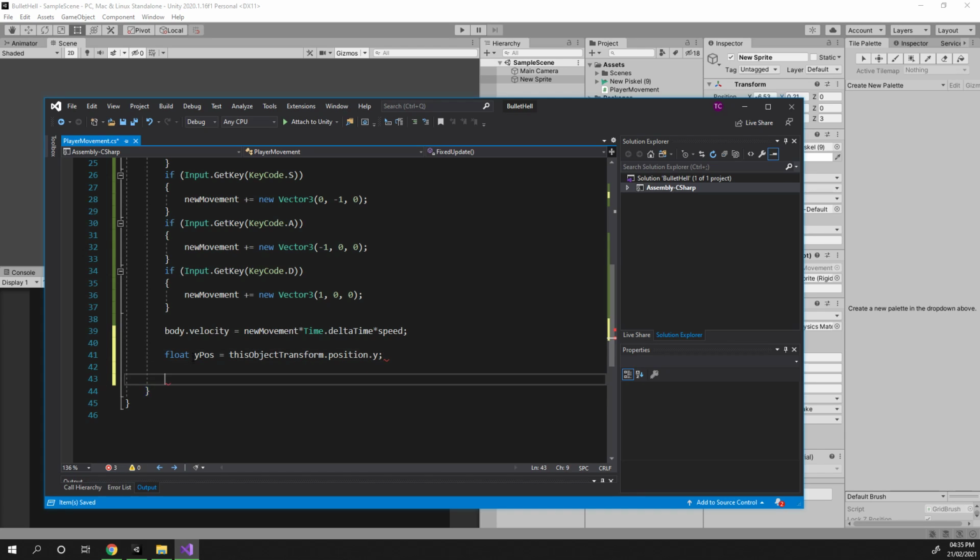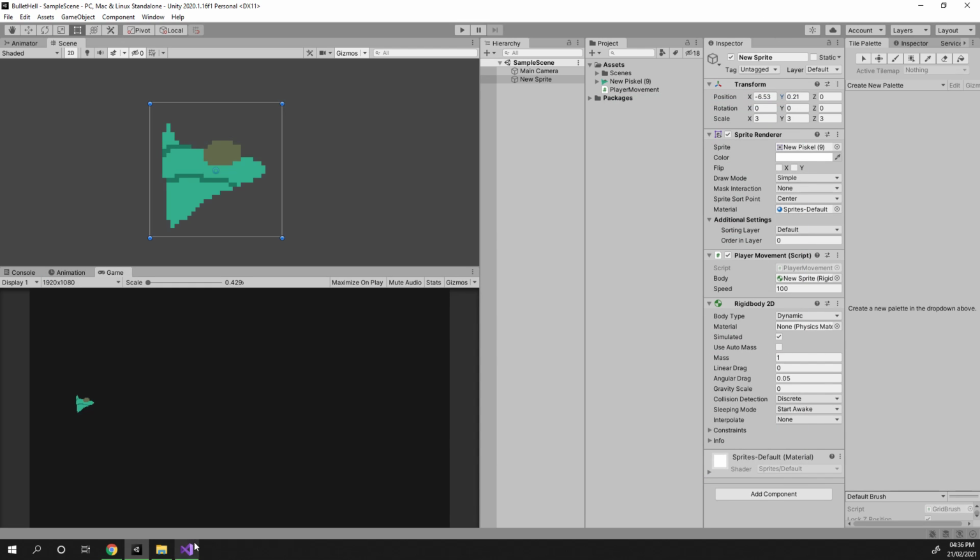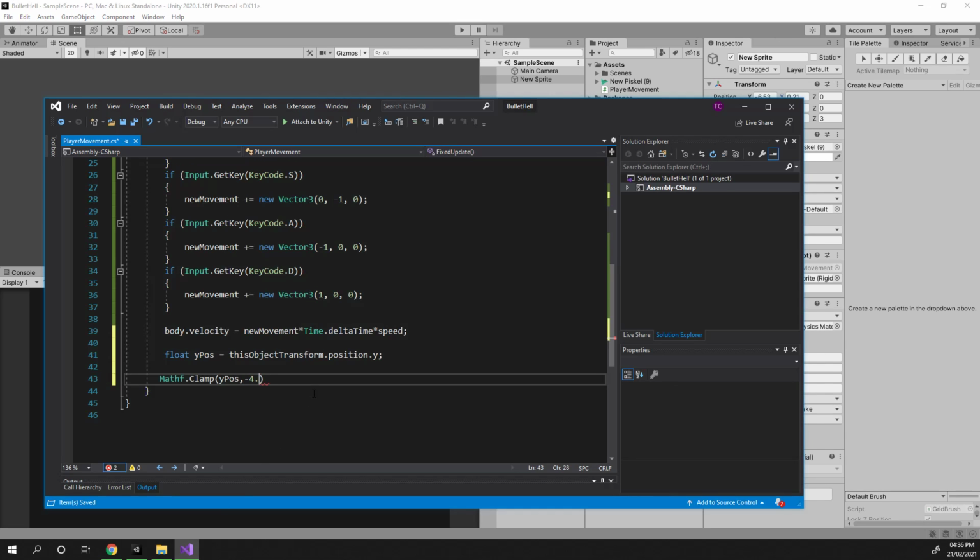And so what we can do is take our y position, and use this function called Mathf.Clamp. And this is going to take 3 variables. It's going to take the current value, which is going to be our y position. It's going to say what's the minimum value it can be. And we worked that out as being like minus 4.3, I think. Minus 4.3. And again, I'm hard coding this. You can turn this into a variable to change and tweak. And then the max value is just going to be 4.3 in the other direction. And I'm using f at the end to remind it that it's got a decimal point because it's a float